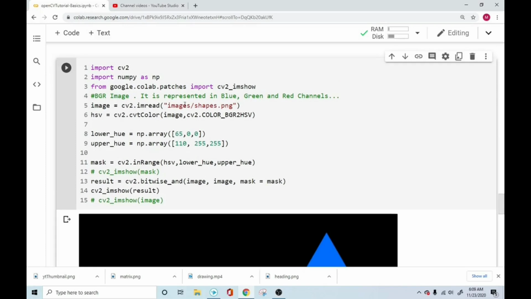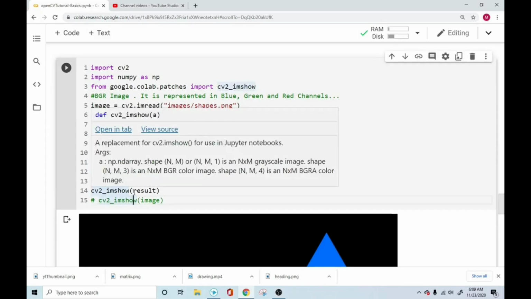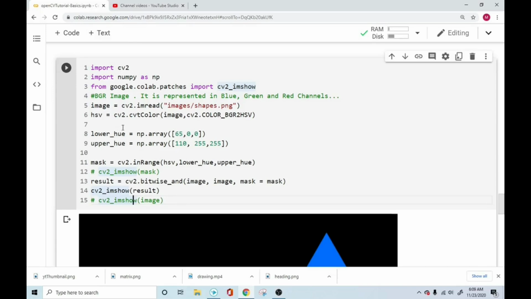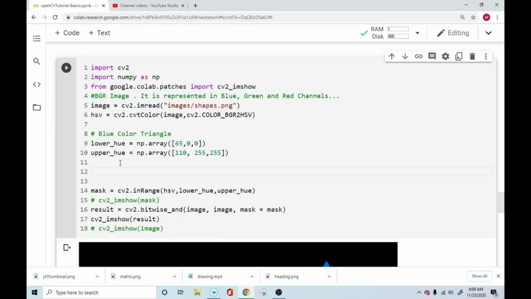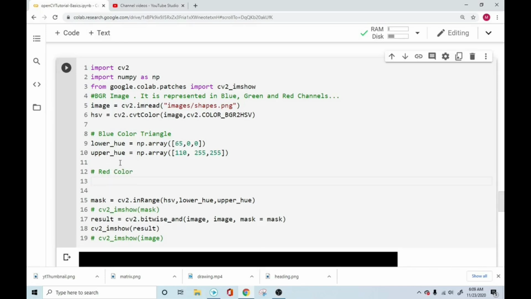Similarly, our original image had other colors, like the red color and the yellow color, and we'll see how we can extract the different colors. So this lower and upper bound range defined the blue color triangle. Now, there are other color profiles which can represent other colors that you might be interested in. Like we have blue, we have the red color, and you can use the red color by using our lower hue, and our lower hue is equal to, again with the